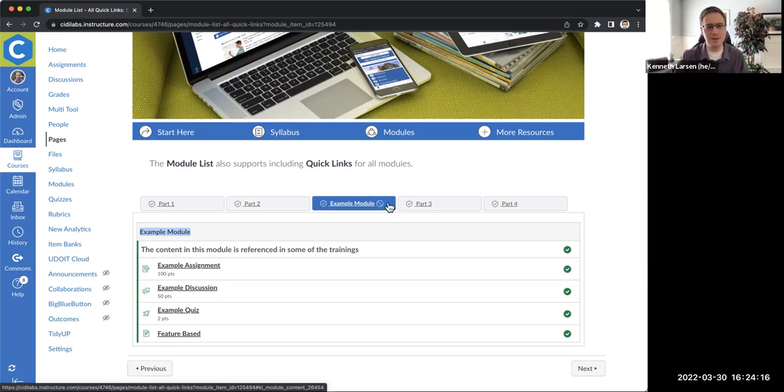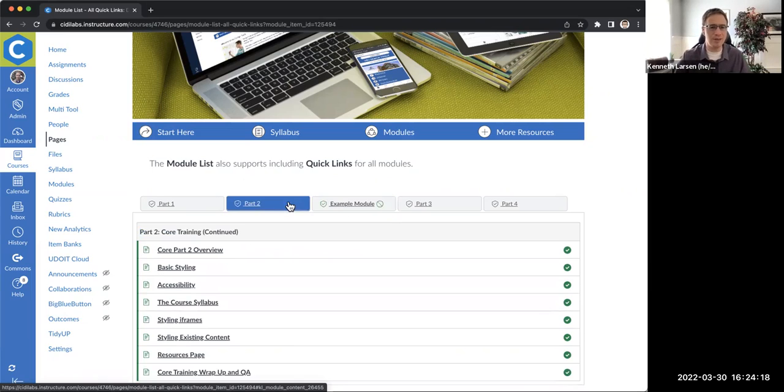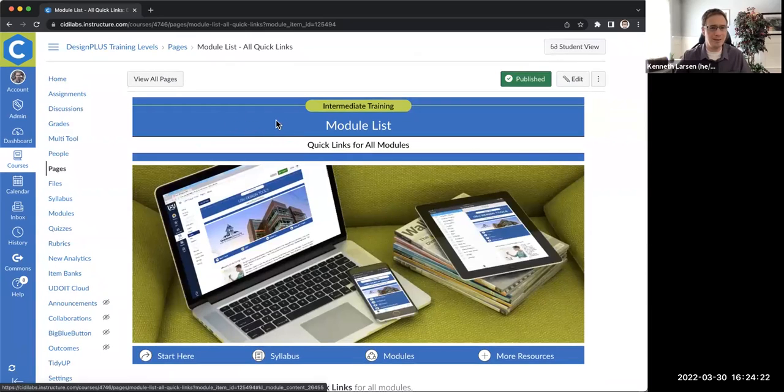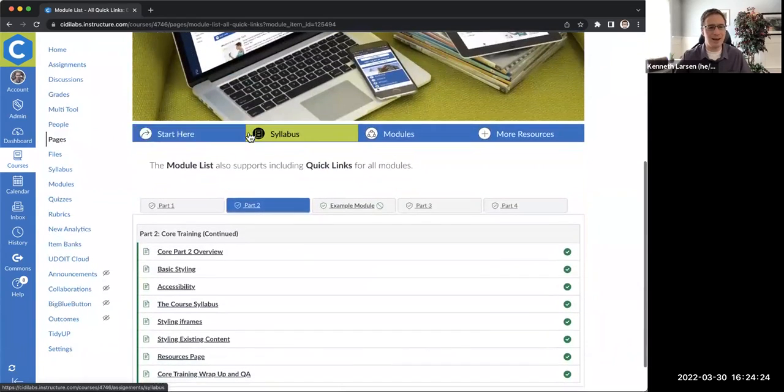A couple of other things. The color here for the selected module will pull from your main stylized heading if you have it. If you don't and you have a navigation, it'll pull from the main color from the navigation. If you don't have either of those, it really just picks a dark gray color to use to kind of distinguish those. And then another piece to note here is you'll see this little icon that lets me know that